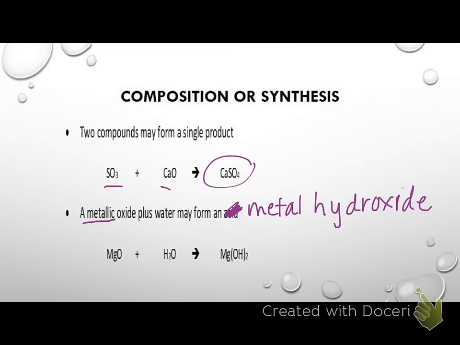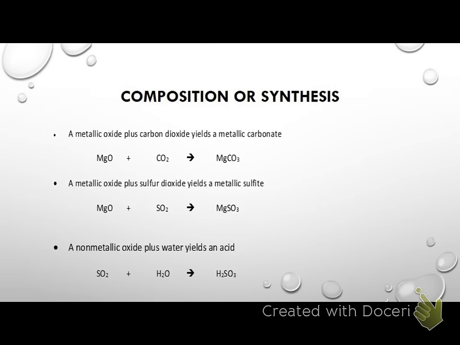Okay, so a couple more, and that is metal oxide plus carbon dioxide will make a metal carbonate. A metal oxide plus sulfur dioxide will give us a metal sulfite, and then a non-metallic oxide plus water will give us an acid. Okay, so now on your left side activity for this synthesis reaction, you have some practice ones,